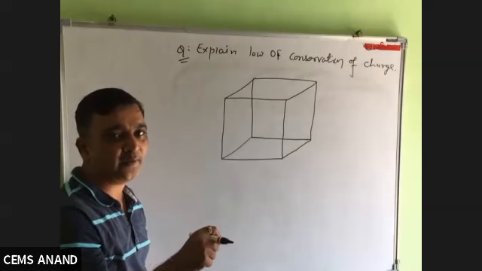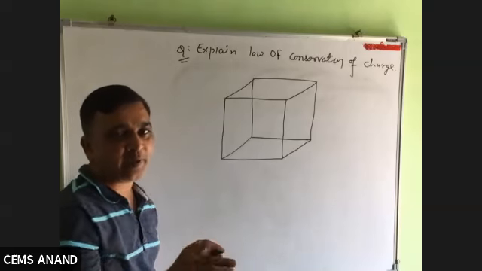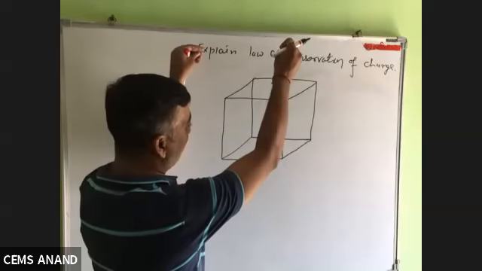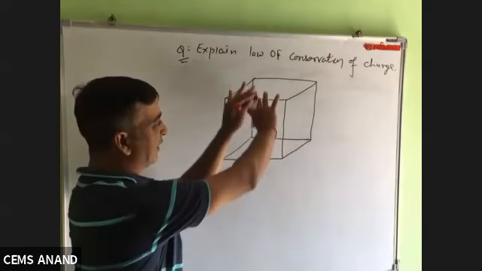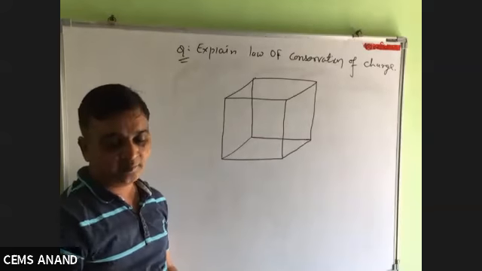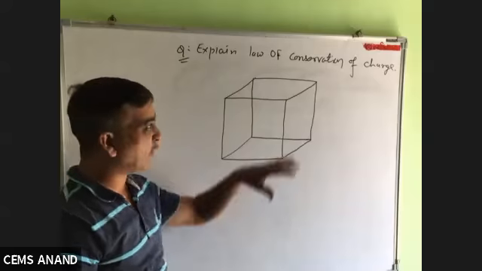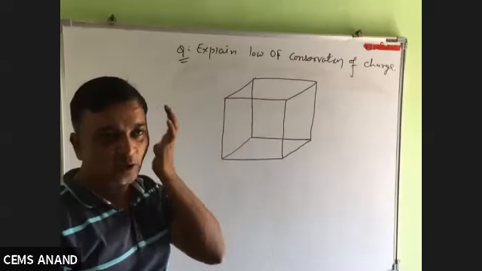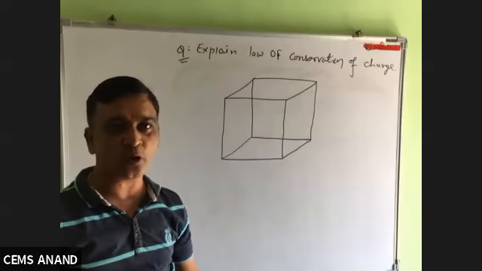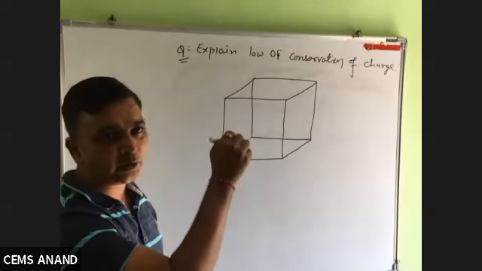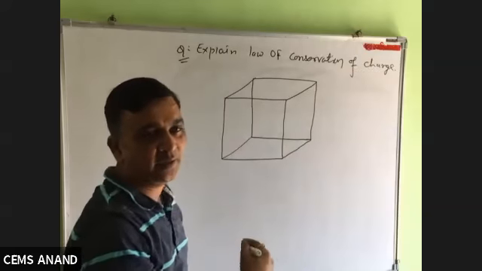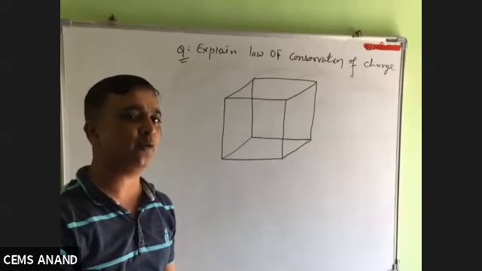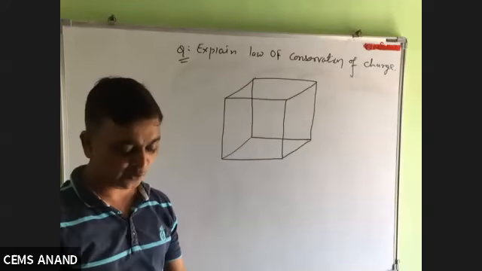As they get added together, you have 25 protons and 25 electrons, and you put all of them inside the box, and then the system is isolated, so no other charge from outside can enter and no charge from inside can escape. So now what happened? 25 plus 25. You need to add 1 plus 1 plus 1 up to 25 times, and then minus 1 minus 1 minus 1 up to 25 times. So the total answer becomes 0. Total charge of the system becomes 0.